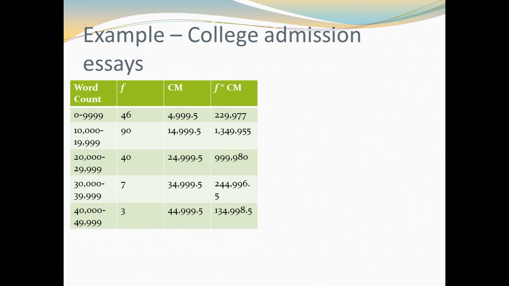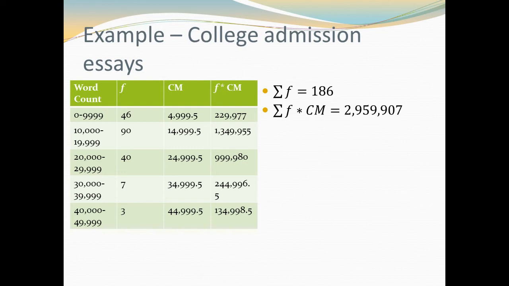To start my calculation process, the first thing I'm going to do is add up the F column. That's the summation of the frequency column. If I've done that correctly, and I have, I get 186. That number is going to go on the bottom of the fraction in the formula. The top of the fraction is going to be the summation of my fourth column, the F times CM column, the frequency times the class midpoints. When I add the fourth column up, I get